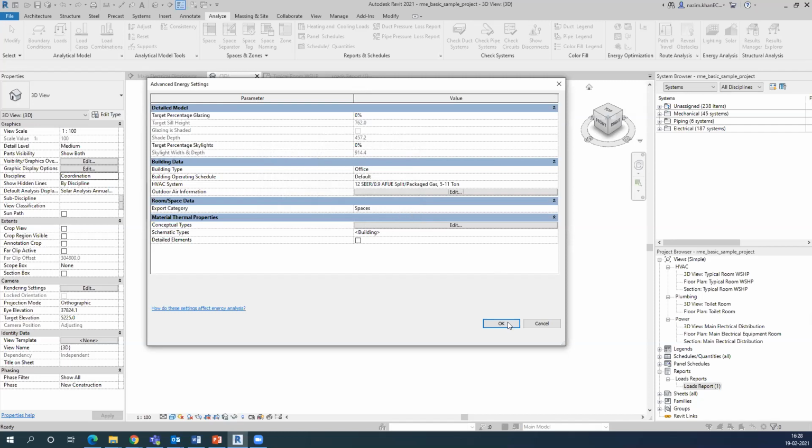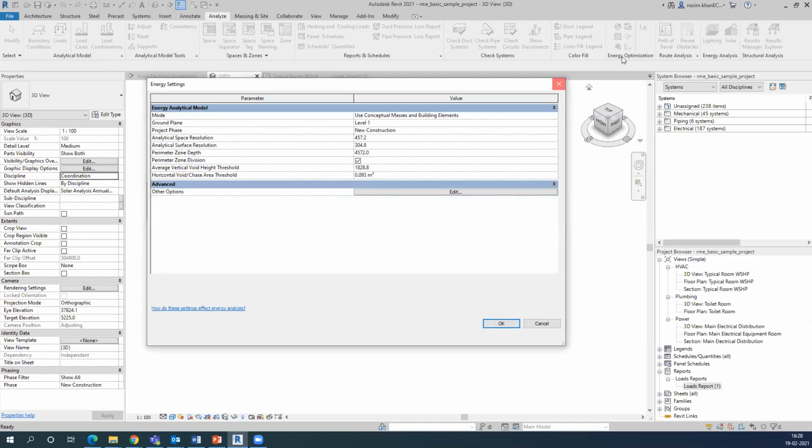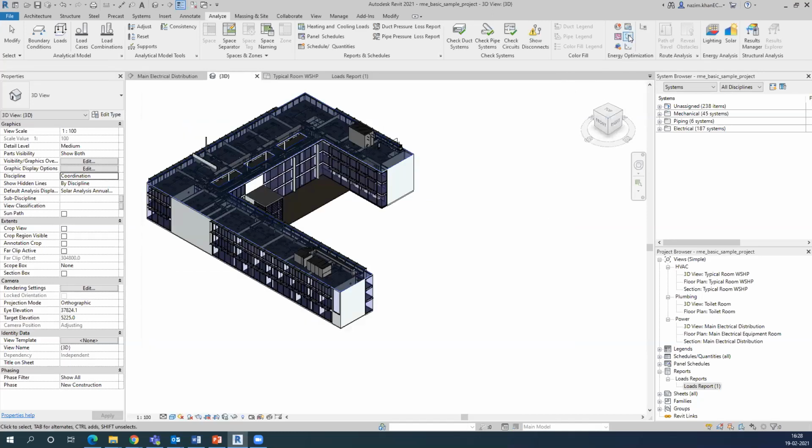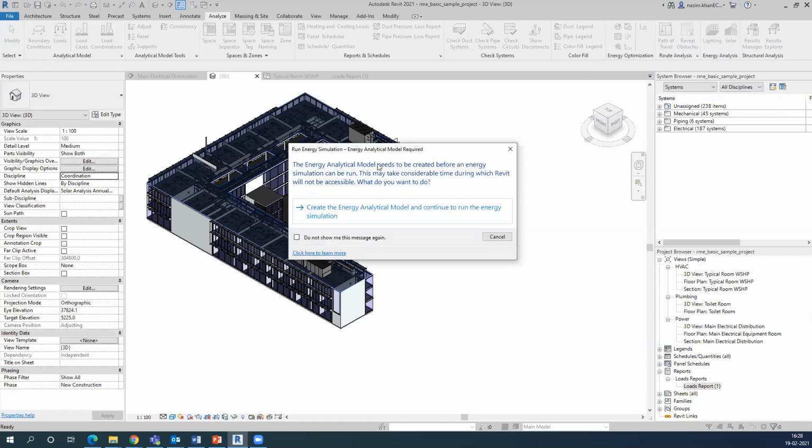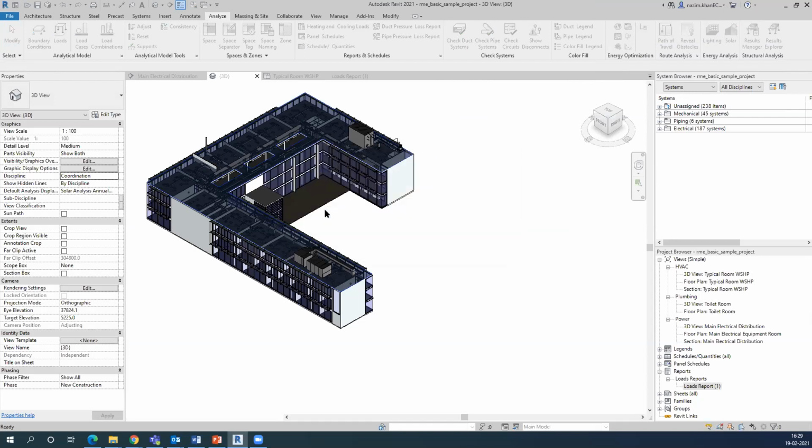Once all this information is fed, we can push this model onto the cloud by using the generate option. What generate does is push this model, which is a conceptual model or a combination of conceptual and building, onto Insight. The moment I click on it, it gives me a message that an energy analytical model needs to be created before an energy simulation can be run. Suppose you click on this, saying I want to do that. Then it gives you another message that your model is being uploaded to the cloud. You just need to wait